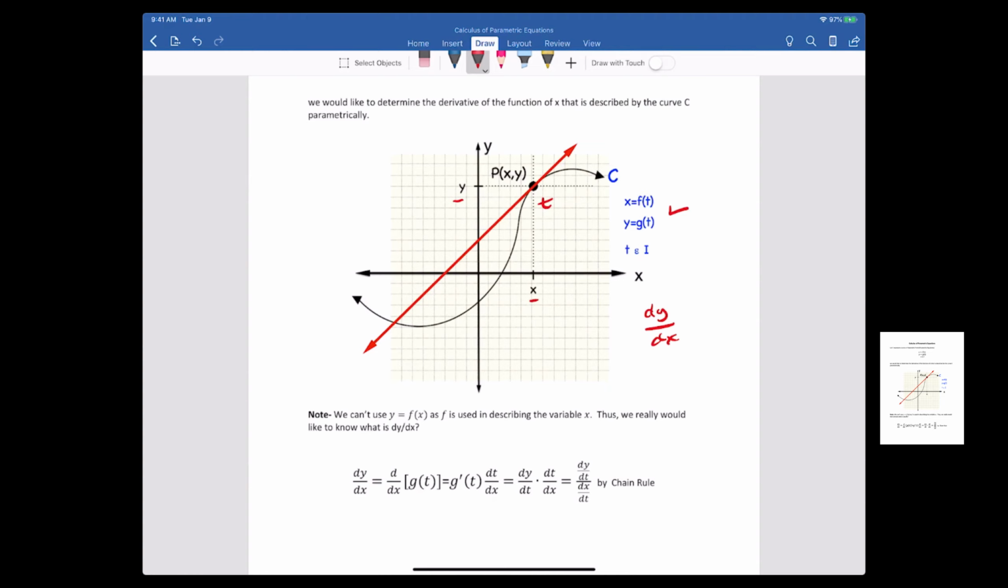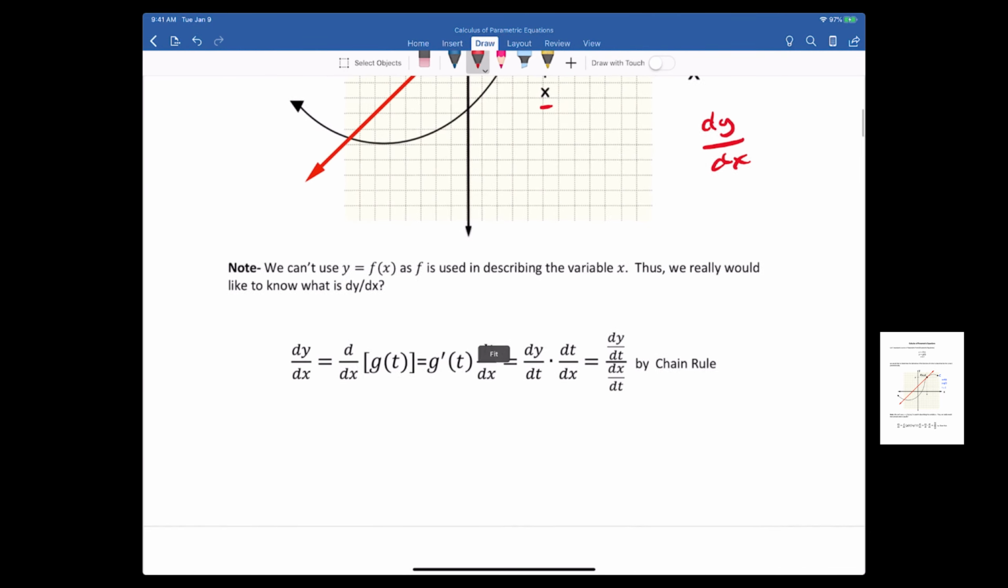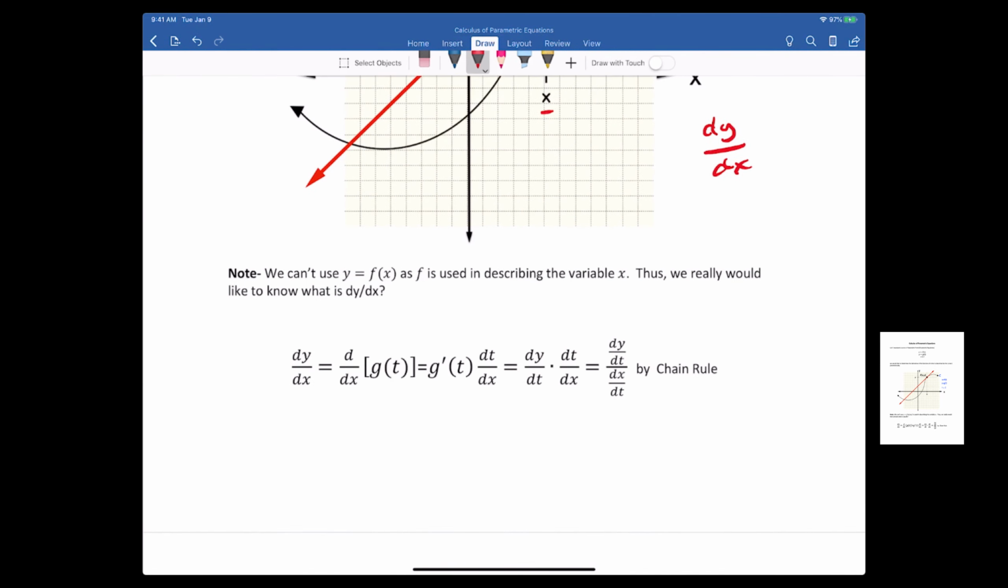Here's what I derived for you guys, and I do it a little bit differently than the book. I give some middle steps. It's equivalent, it's the same thing. Here's the proof, really. Remember, we can't use y as a function of x because f is already taken. That letter's taken. So when we want to find dy dx with parametric curves,